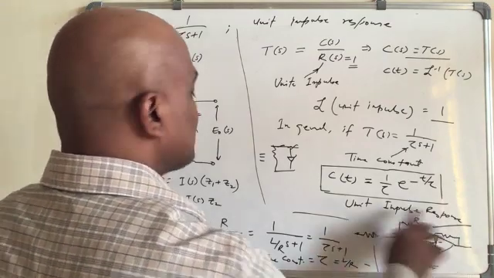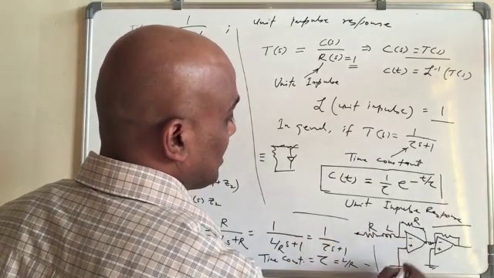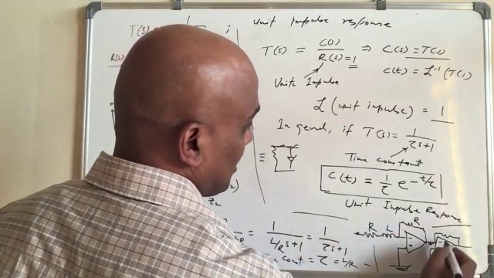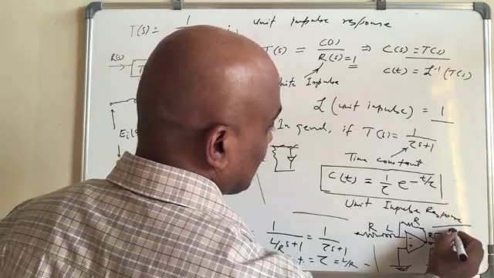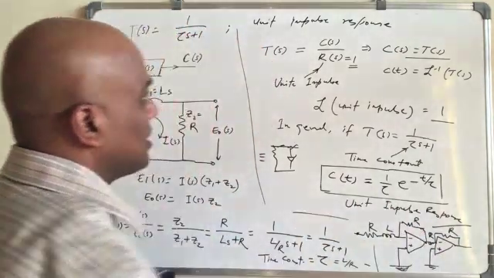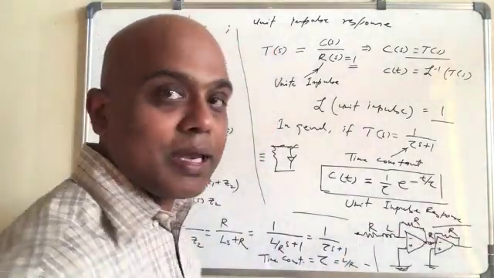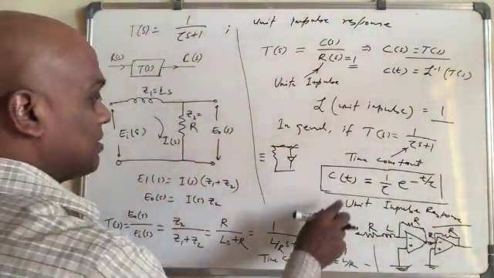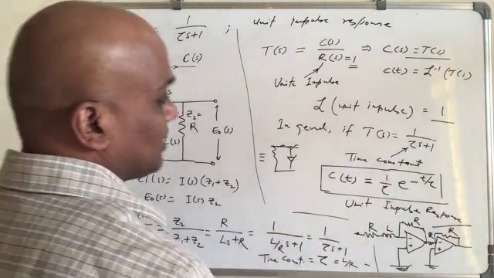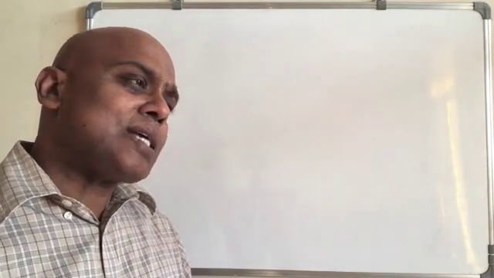So this kind of system, where you have R here, L here, and R here and R here, will also be a first order system, and you will have this kind of equation, and hence the solution will be like this. Okay, as I discussed earlier,